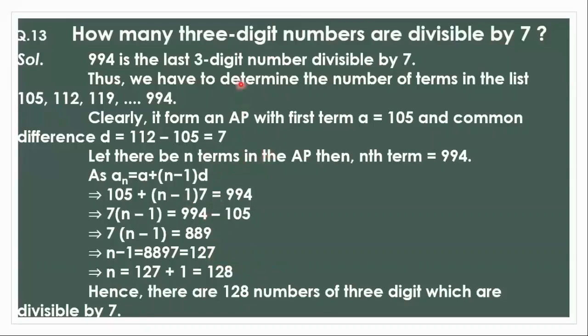Anyone have doubt in this one? First thing you need to do: any number they can give. Here they gave 7. In textbook example 7 they asked how many 2-digit numbers are divisible by 3. So anything they ask, first find out the first term and the last term. Am I clear, children? How to get the first term? First you find out the least 3-digit number. When you divide it by 3, you get to know the remainder. Am I clear, children?